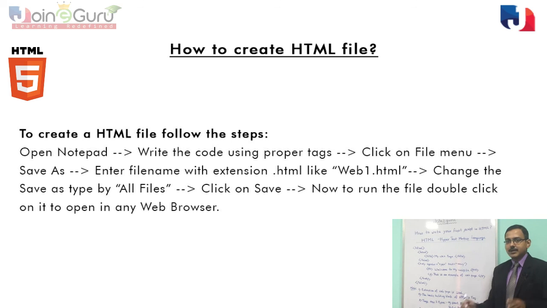Now your code is completed, and if you want to save this code, just open Notepad and type the script and save the file with a name and give the extension as .html. After that, the file will be created. Just double click on the particular file.